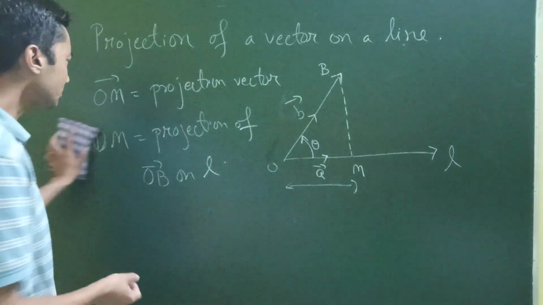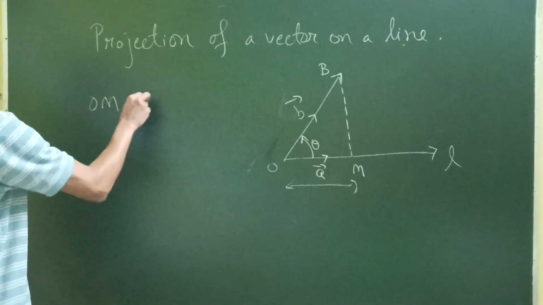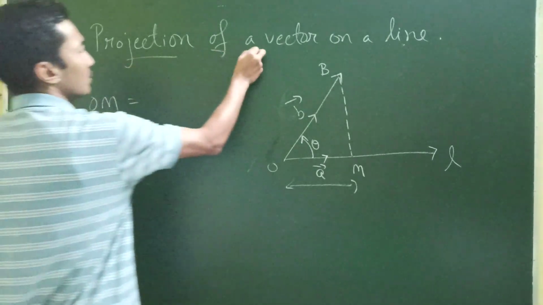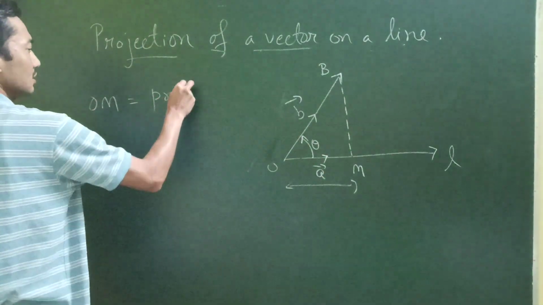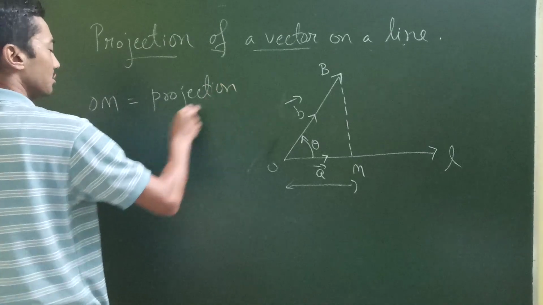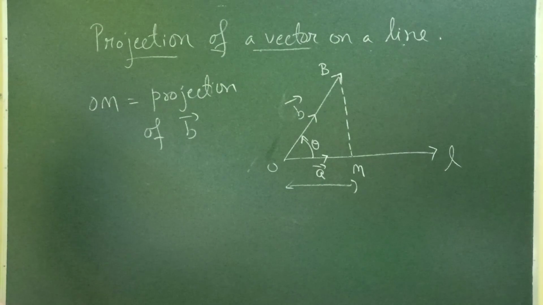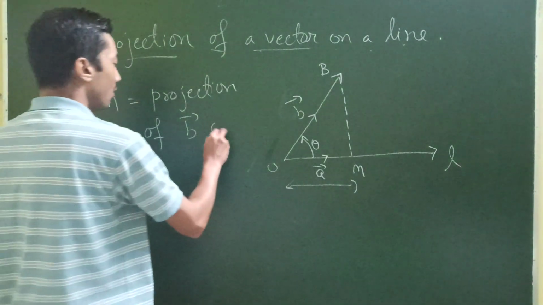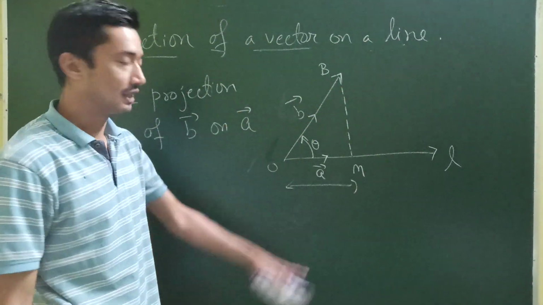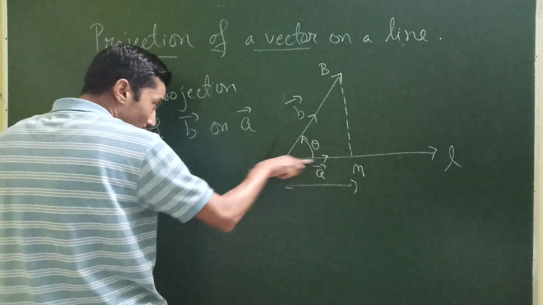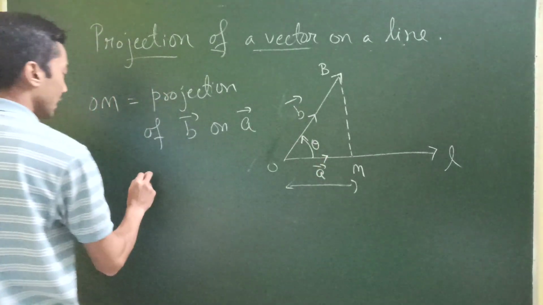Now the formula, how do we really calculate? So OM, what is it? OM is the projection of a vector on a particular line, that is projection. OM now is a projection of which vector? Of vector B, isn't it? OM is the projection of vector B on which directed line? On vector A. We have named the directed line as, let's say, vector A, isn't it? So this OM is the projection of vector B on the directed line vector A, and that will be given